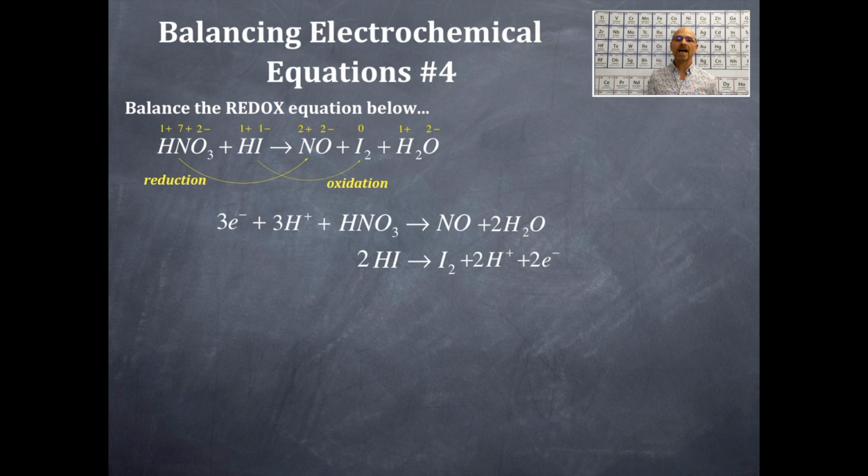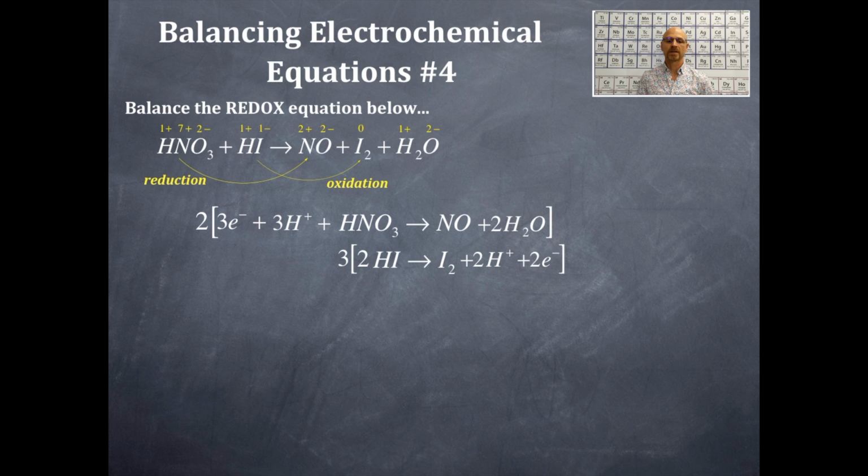Now, in order to add these two equations up, I need to get rid of the electrons. That means when I add up these two equations, the reduction half reaction and the oxidation half reaction, the electrons must disappear. That means there must be the same number of electrons on both the reactant and the product side. So I need to multiply the top reaction, which is the reduction half reaction, by a 2 coefficient. I need to multiply the bottom oxidation reaction by a 3 coefficient. This will give me 6 electrons on both the reactant and the product side,